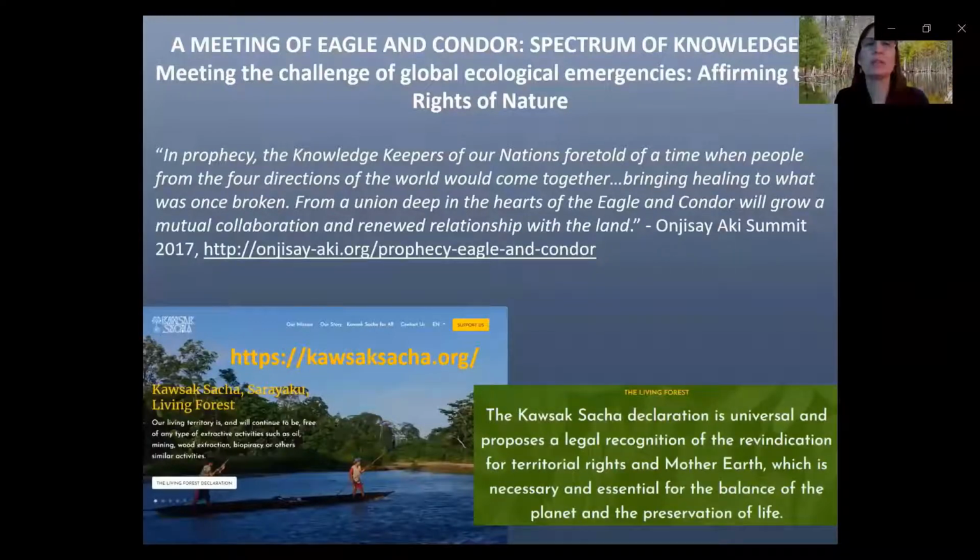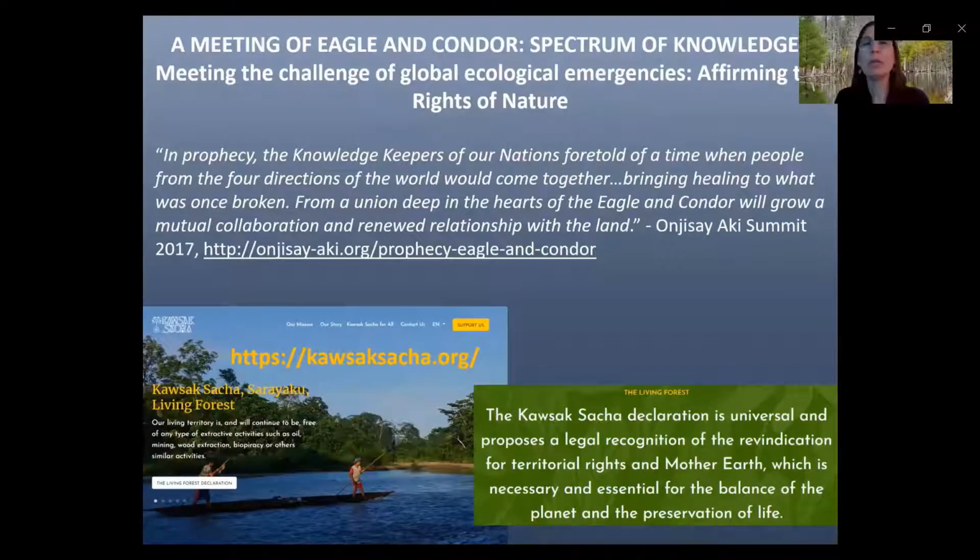Members of the SWS Rights of Wetlands Initiative are in the process of establishing a collaboration with the Ecuadorian Sarayaku Indigenous Quechua people, who have a Living Forest Declaration, with the idea that the combined voices of scientists and Indigenous people may be stronger than each of us alone in our efforts to reach others about the importance of shifting our relationship with wetlands, forests, and other elements of nature, and changing the continued downward trajectory that business as usual